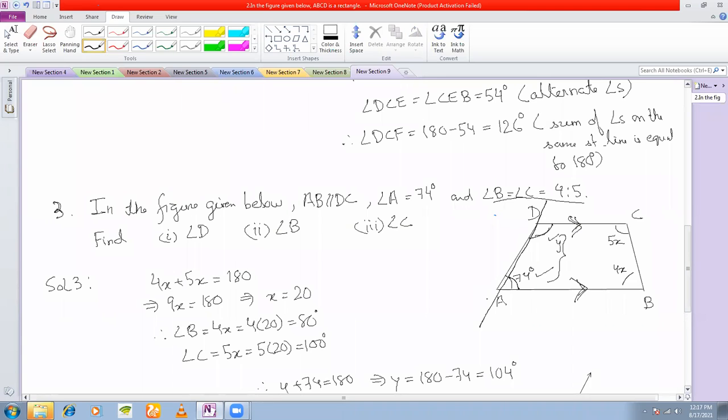Clear? Sir, then why won't we take D and C? Because these two sides are not parallel. Is this side parallel to this side? No, sir. But they are adjacent. They are adjacent, but their sum is not equal to 180 degrees. In a trapezium, the sum of adjacent angles will only be equal to 180 degrees if we know which two sides are parallel. If we don't know which two sides are parallel, then we cannot take the sum to be 180 degrees, because these two are not parallel. Therefore, we cannot take the sum of D and C to be 180 degrees.